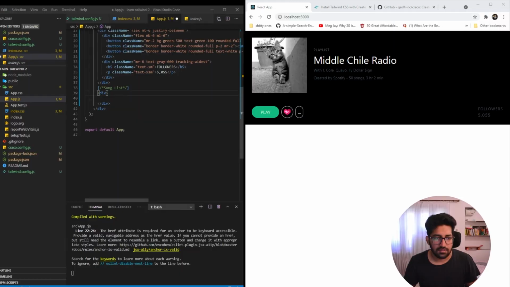Let's go. This first div will add just a table header kind of thing over here. That would have a class name of flex, and the text would be gray for all of them, which would be 600 around.